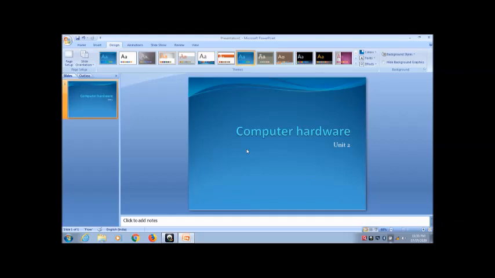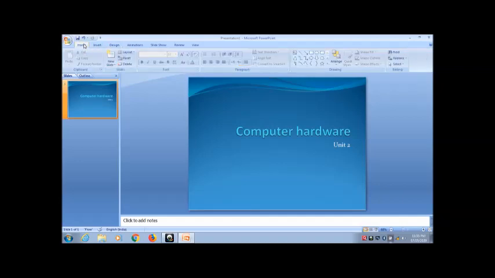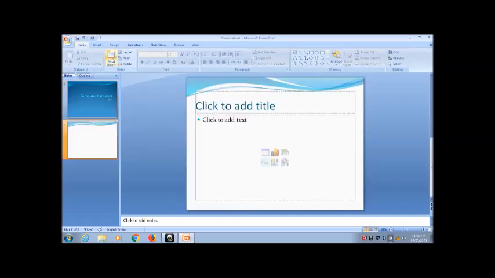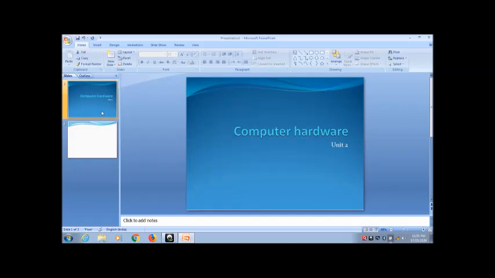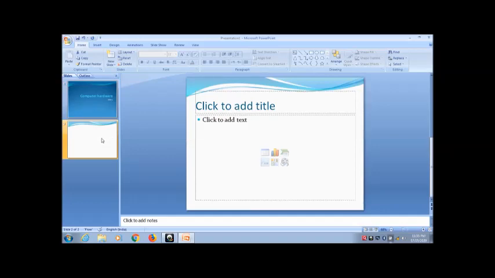Now I want to add more slides in my presentation. For that I have a couple of ways. The first way is to click on home tab, then select new slide, and a new slide will appear. You can see that this slide has a different appearance from slide number 1. It is because slide number 1 is the title slide, so it shows the text in a different way. Now moving to slide 2, I can add a title here like input devices,